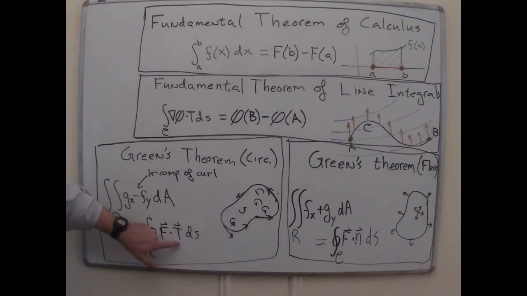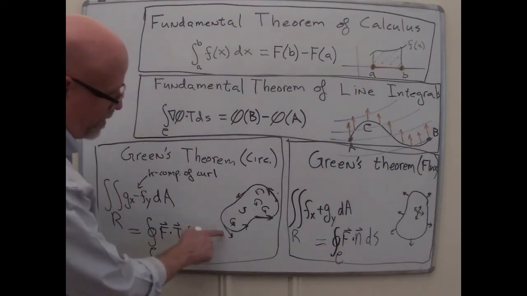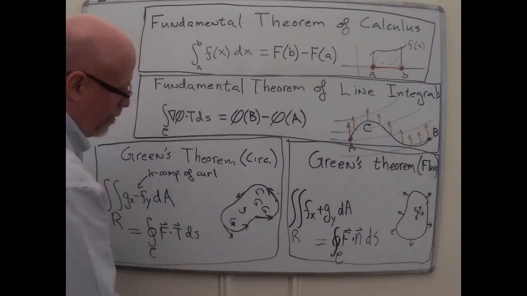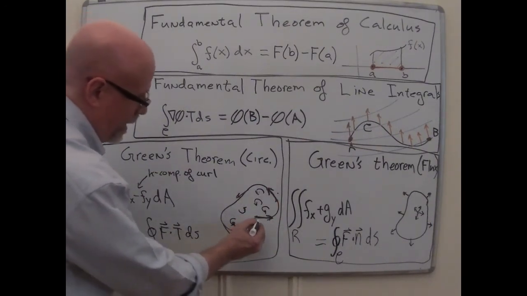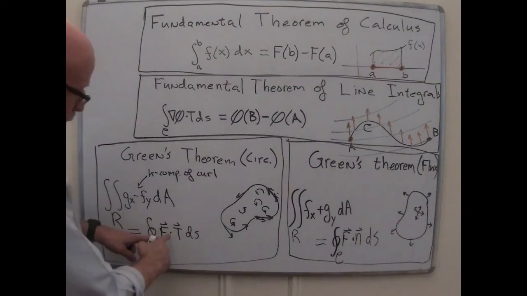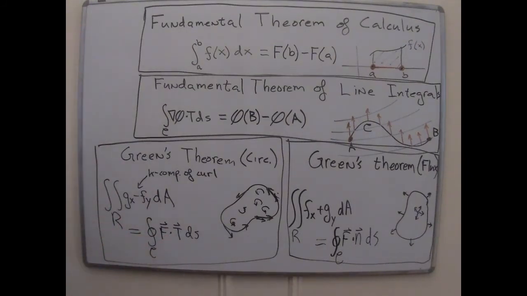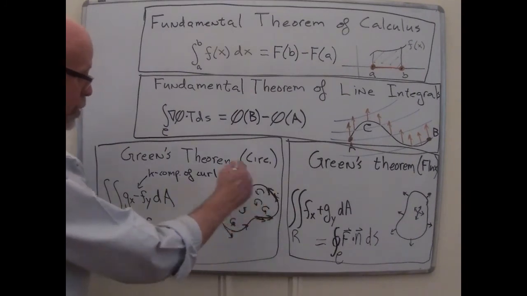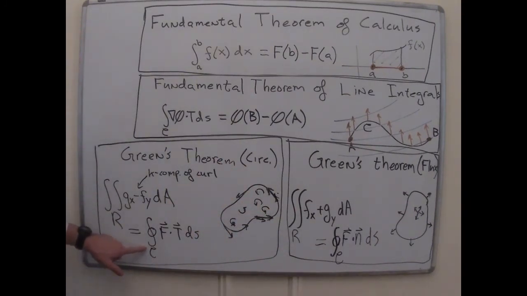The field dotted with tangent vectors. I was trying to think of these things as being the field vectors, but in fact, at the same points, there would be tangent vectors that point in the direction of the flow. And it's this dot product that tells you to what extent the flow lines up with the tangential direction, and thus gives you a large number for that circulation. But that integral across the boundary of the region is the same thing as the integral across the region itself of the curl. It's all these little things added together, again, inside the region, on the boundary of the region.